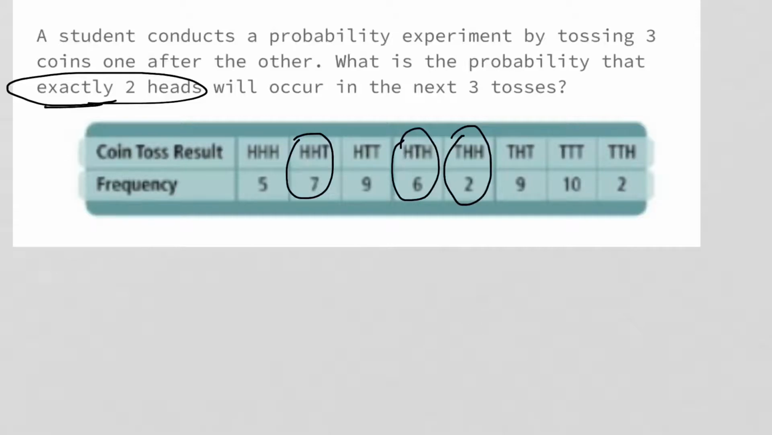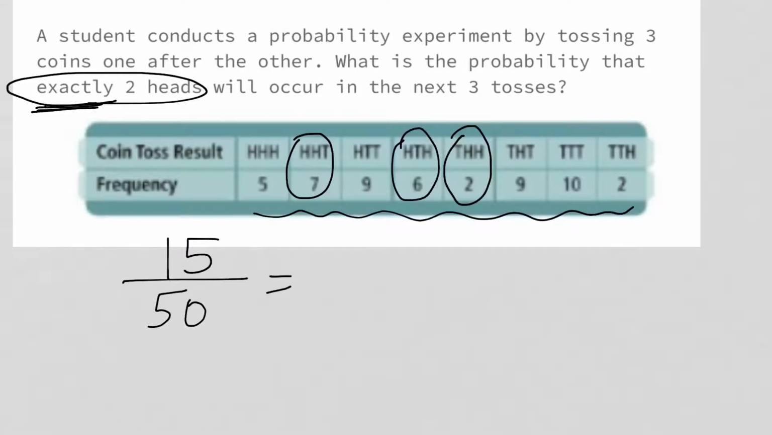Because it says exactly 2 heads, we can't include the result of head, head, head. All right, so now let's add up those frequency numbers. 7 plus 6 plus 2. We get it to be 15 out of, we're going to add up the total here of all the frequencies. That comes out to be 50. If I reduce this, I get it to be 0.3. And if I want it as a percent, that would be 30% chance of getting exactly 2 heads in the